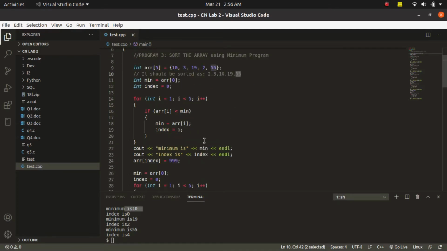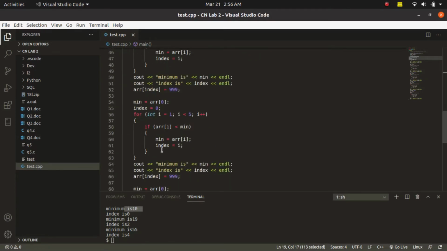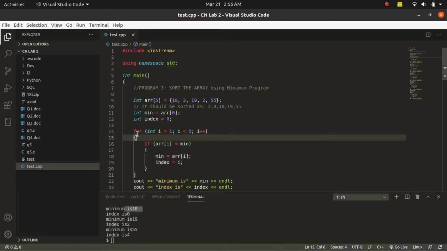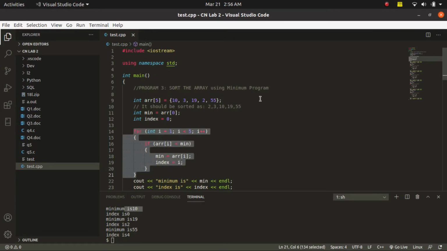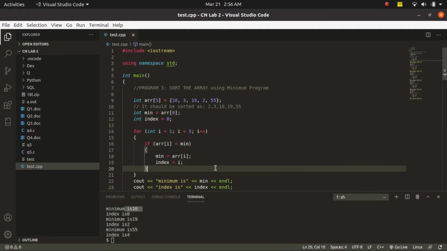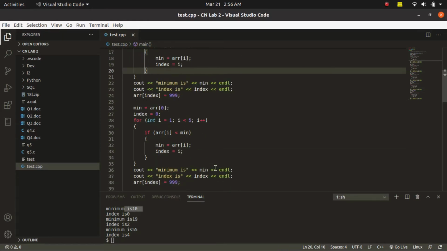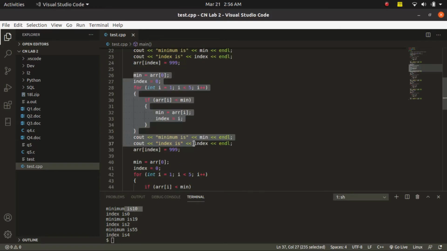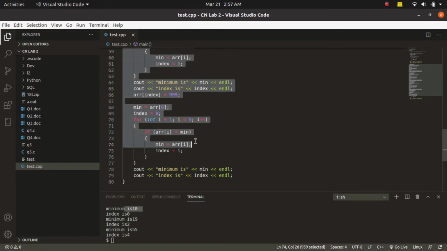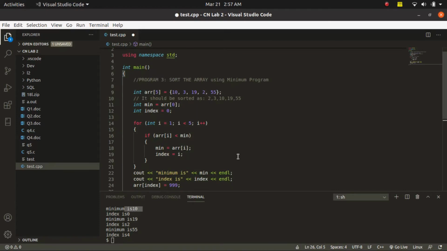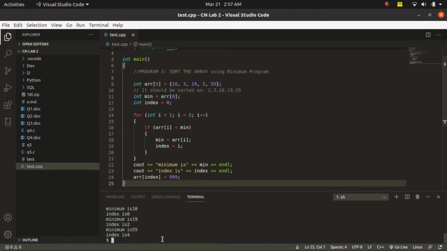So we would have 2 loops. One is an outer loop that is dealing with the number of passes, and one is an inner loop which iterates over the array once. So let's simplify the code and see what happens. I'm just going to delete all of this tedious code. So let's run it again. Okay, so the minimum is 2 and its index is 3, so that is right.